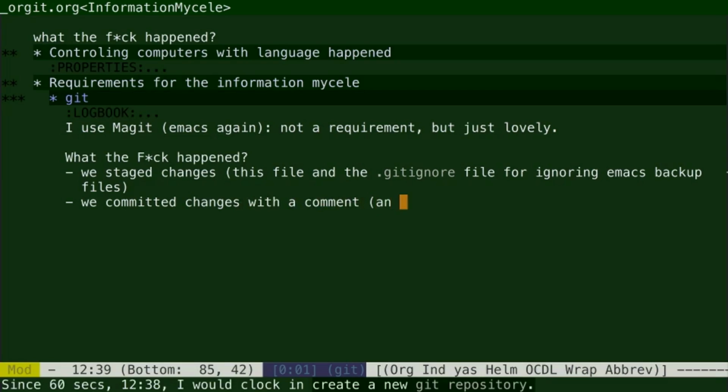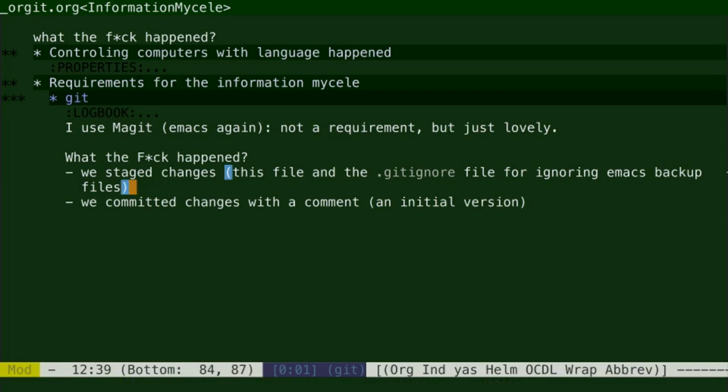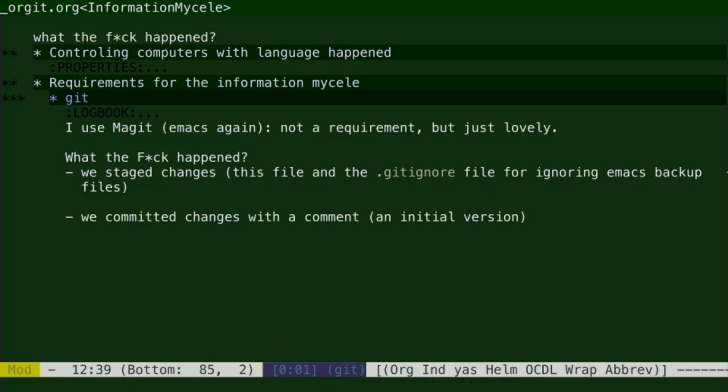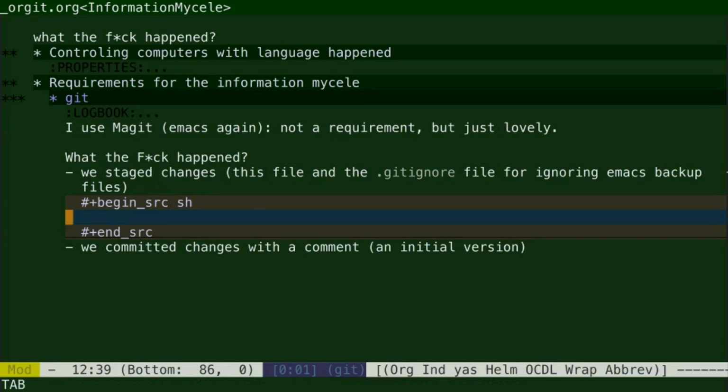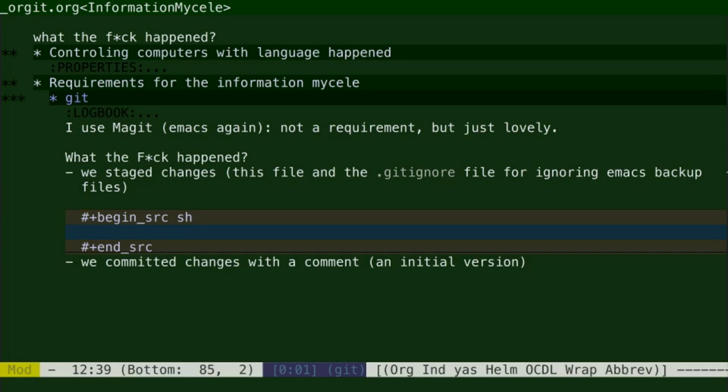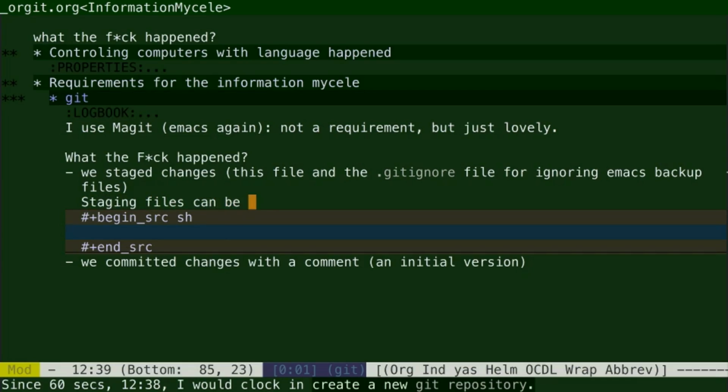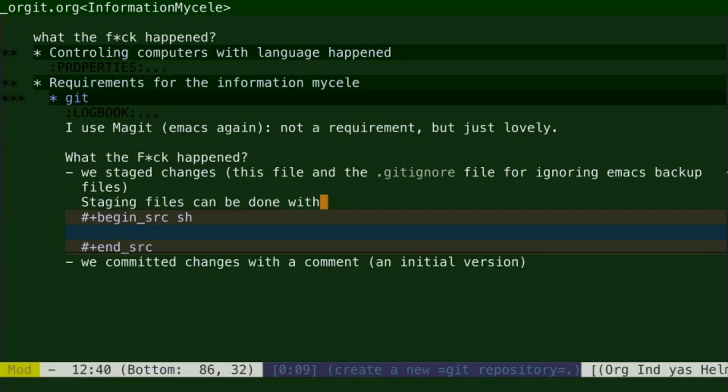These two steps we did with this Magit command, so we could have seen what was going on there. So we saw the green highlights of changed files and things like that, but we can do it even more basically in the terminal. So if you want to write it in the terminal, if you don't have Emacs, for example, you can do the staging by issuing the command git add and then the file name or the file names,